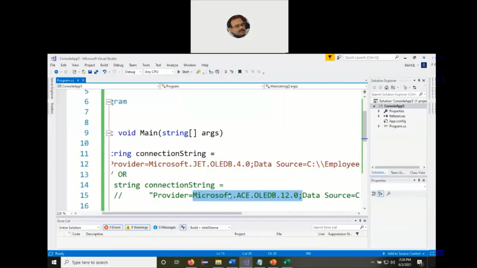It is advisable, if your operating system is 32-bit, use Jet.OLEDB.4.0. If your operating system is 64-bit, use ACE.OLEDB.12.0. However, if your operating system is 64-bit, then you can use both of them, because we always know backward compatibility is there across all the Microsoft products. If you have a 32-bit operating system, you can only use the Jet OLEDB, you cannot use the ACE. However, if you have a 64-bit operating system, you can use both of them, OLEDB.4.0 and OLEDB.12.0. So these are the names of the drivers, and the driver is how we connect our front end programs to the backend database.